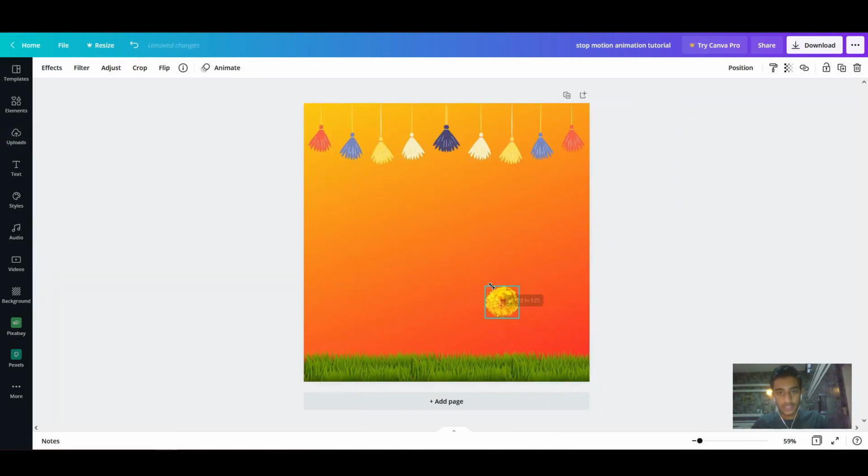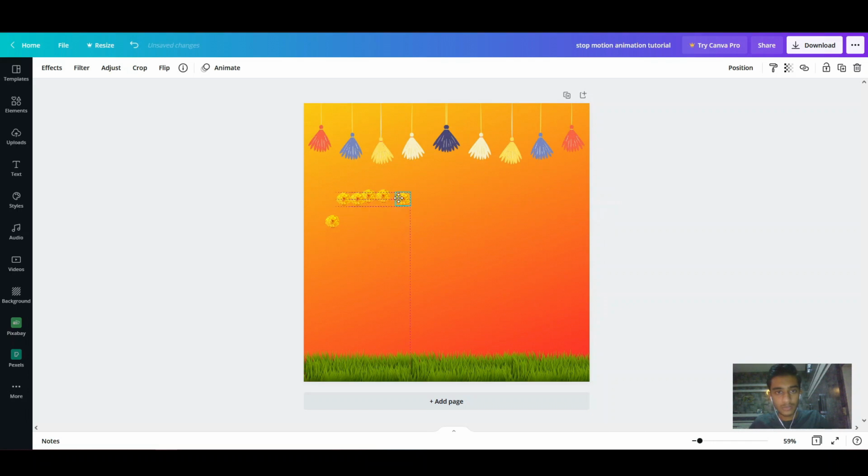So we can adjust the size, we can shrink it, stretch it, whatever we want to do. We might as well adjust it like this. It looks a bit bigger, and you can copy paste a lot of them and we can start adjusting them as per our preference.